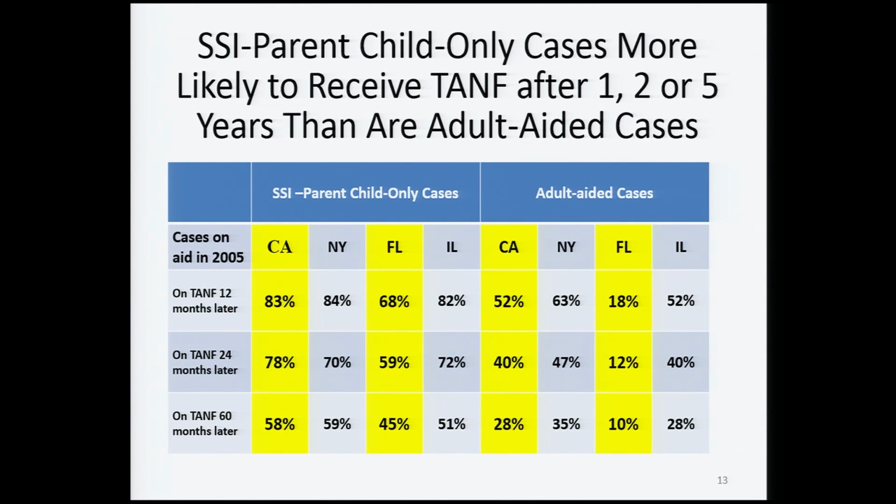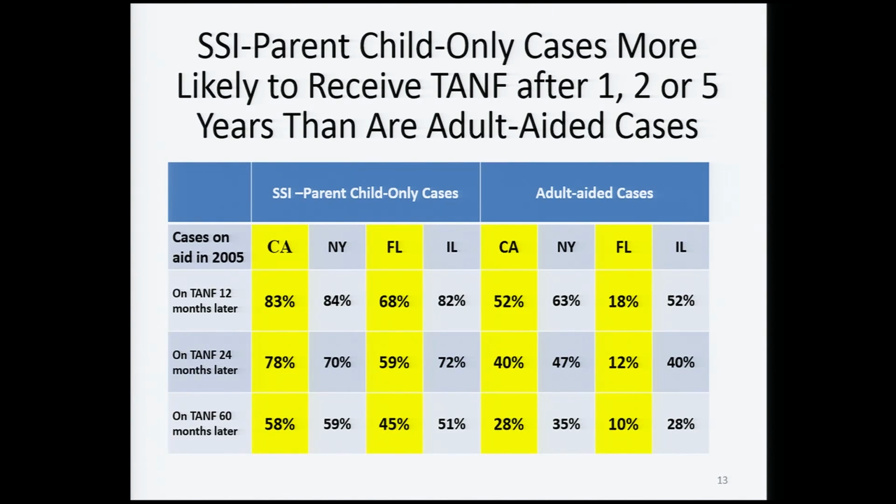So, in fact, SSI parent child-only cases are more likely to receive TANF aid after 1, 2, or 5 years than are adult-aided cases. And again, if you look at California, just because it's right there, after 12 months, 83% of the SSI caseload remained. After 24 months, 78%. After 60 months, 58%. And if you compare that to the next set of California columns, you see how different that is from the